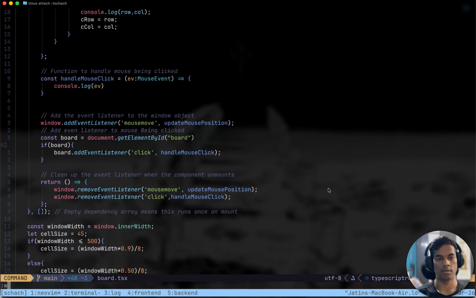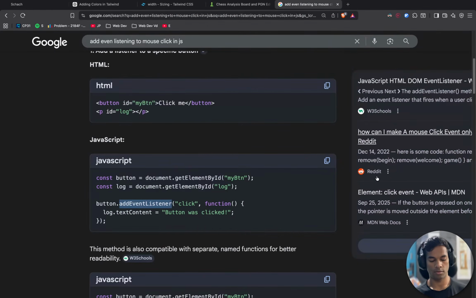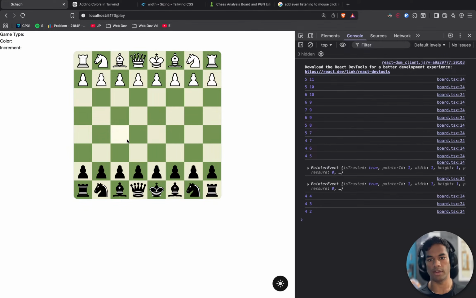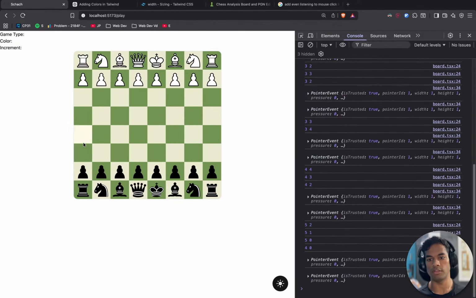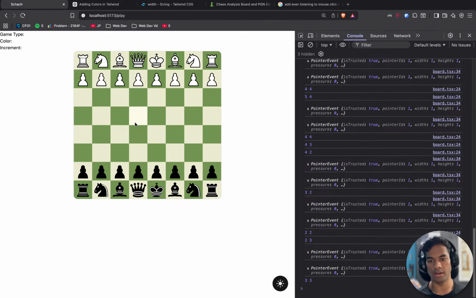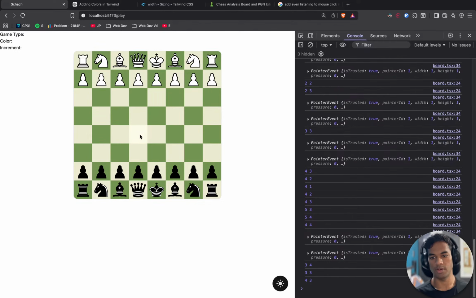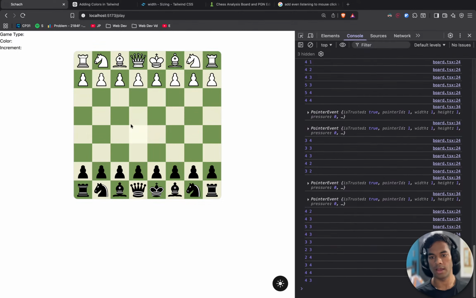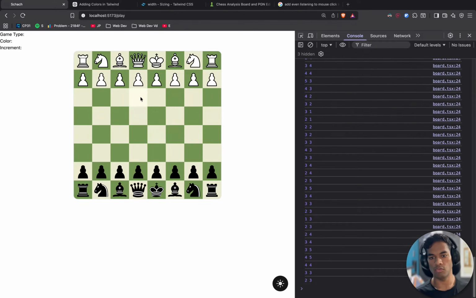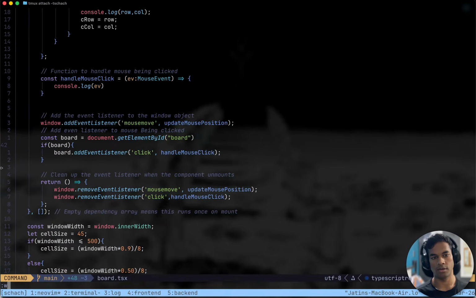Board should be there. Now if here I click outside the board, nothing happens. If I click inside the board, I do see this. But the thing is, this is being run twice, which is a bit sad. And also this thing runs when I let go of the click.